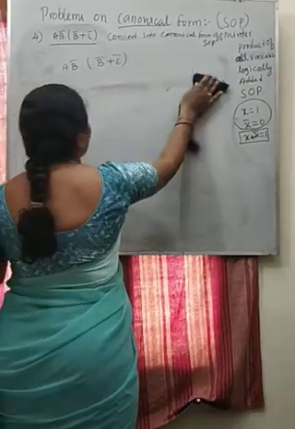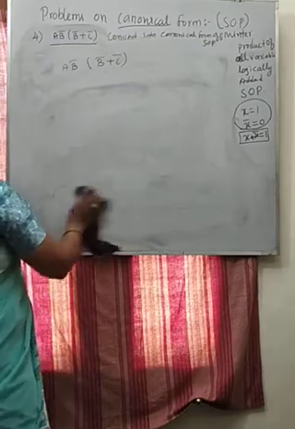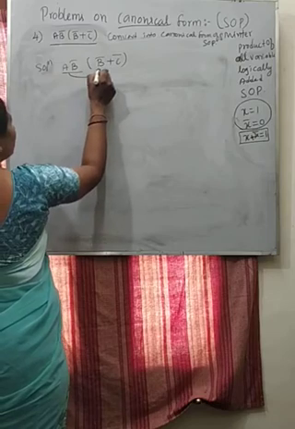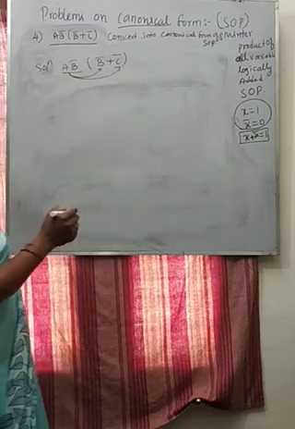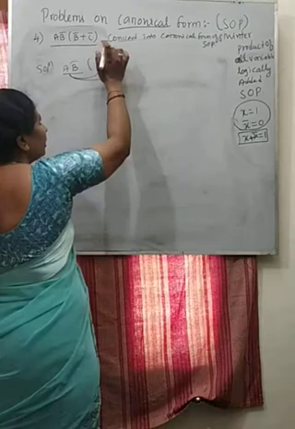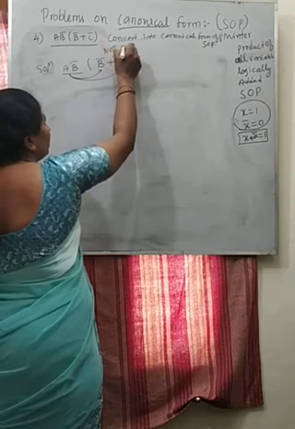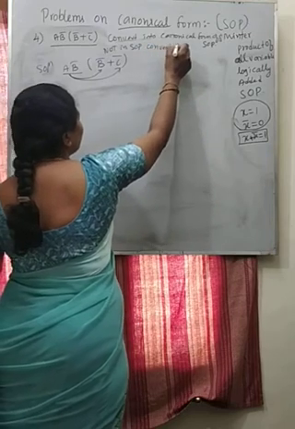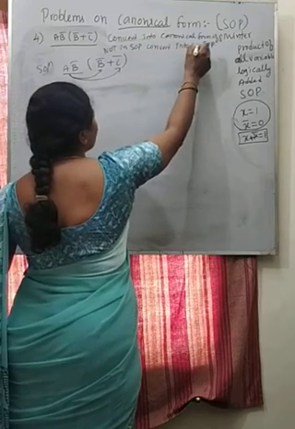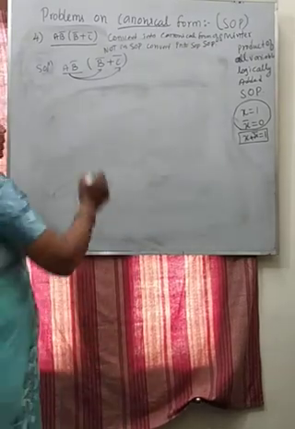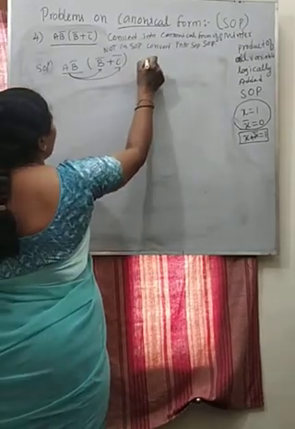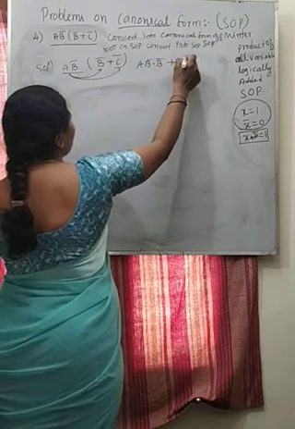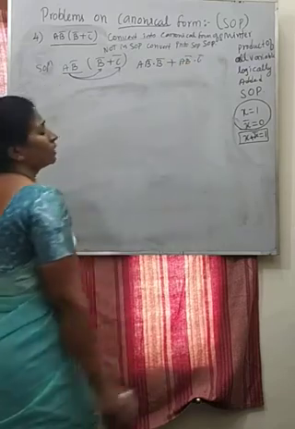First, you can identify that in the previous problems we have done this distribution. Similarly, now distribute for both. That means this is not in SOP. Not in SOP. Convert the given expression into SOP first. How can I write? AB complement into B complement plus AB complement into C complement.